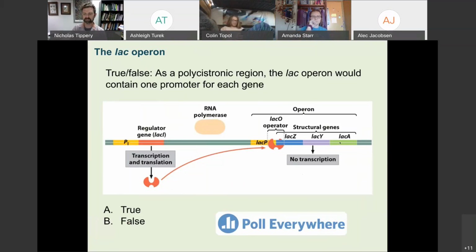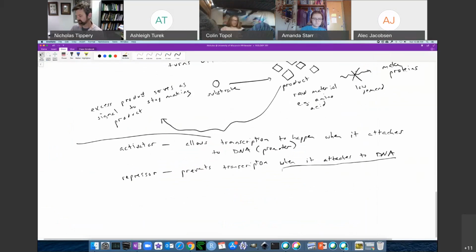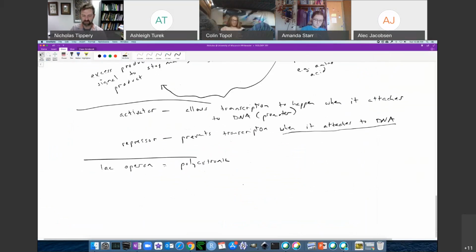So as a polycistronic region, there's this one promoter region. We've got promoter regions, both colored the same, this kind of goldenrod color. The promoter here is a single promoter that causes the transcription through these three genes. So this is a polycistronic feature. So an operon